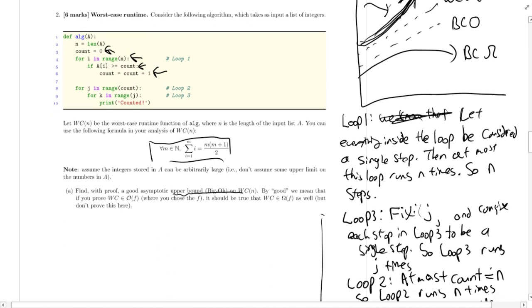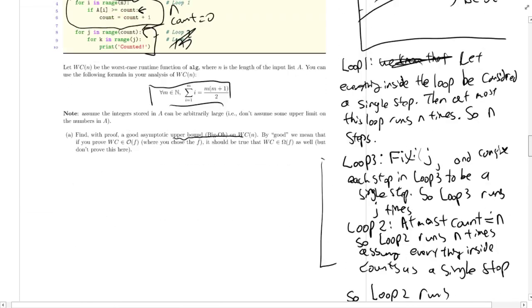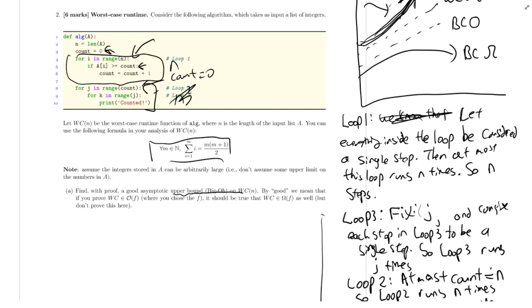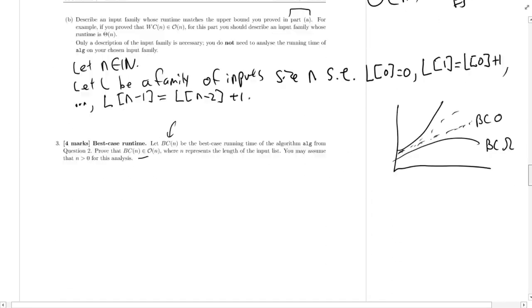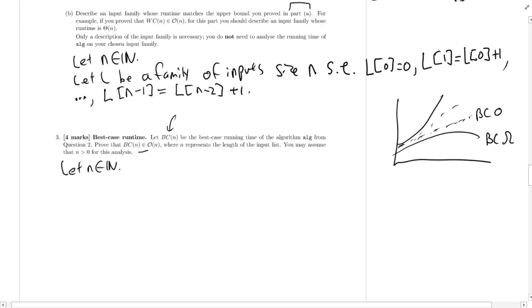So we take a look at the code again. How can we make this run in n time? That means that this loops no matter what, right? But count is equal to 0, so this one never does. So this runs in n, and that's it. There's no n squared. So we need something that will always be false. In other words, L[i] will always be smaller than count. Well, that's easy. So let n be a number, and we assume that n is larger than 0, so we can say it's a natural number, n in N plus. And then we let L be a family of inputs of size n such that